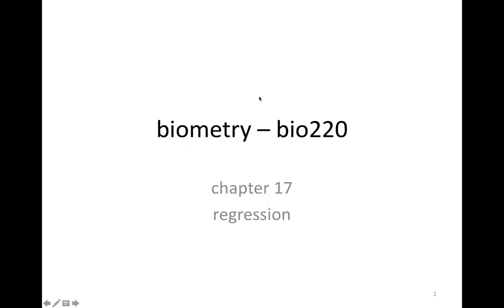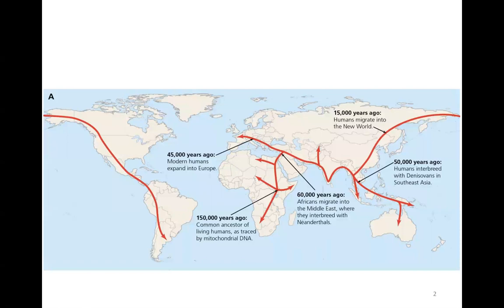Hello, so here we will be discussing chapter 17, regression, the last main topic. The chapter opens with a question about human population genetics, recent human evolution. But we know humans have dispersed. I guess you have already heard humans have dispersed in different regions of the world over the last 100,000 years,